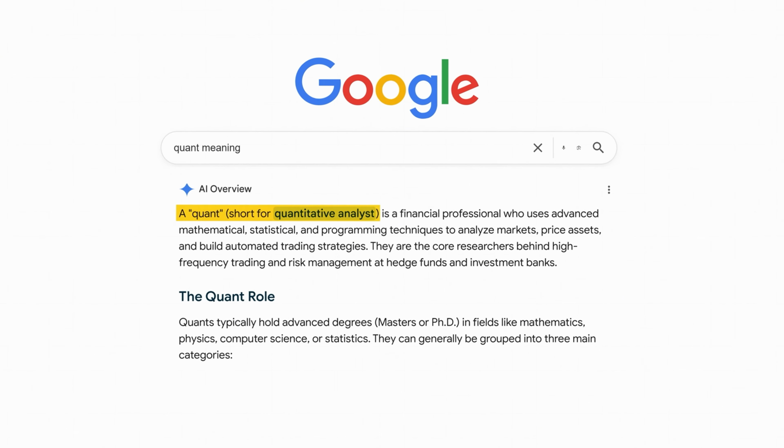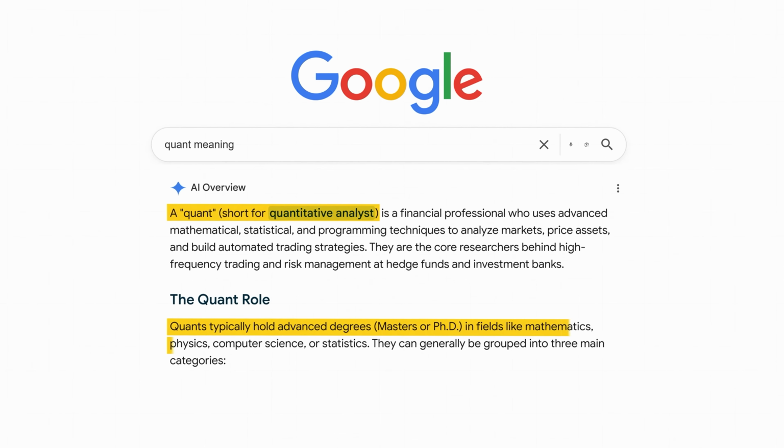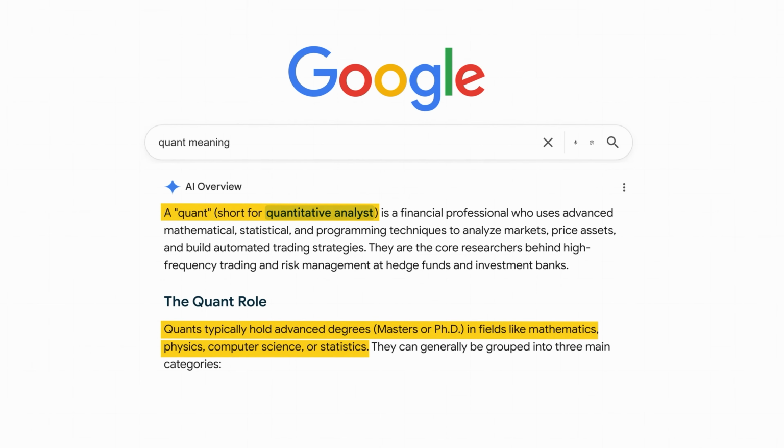So let's actually define what the word quant really means, because it gets thrown around constantly, but I rarely see it explained. A quant stands for Quantitative Analyst. These people often study advanced mathematics, physics, or computer science, and funds will recruit top talent, often on some of the highest salaries in finance. Their job is essentially to replace opinion with a real measurement.